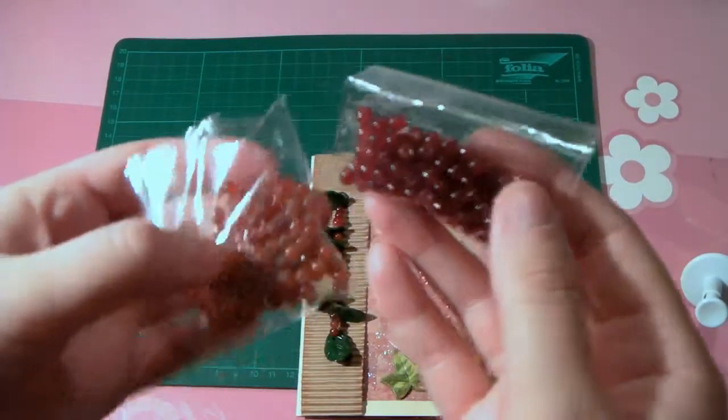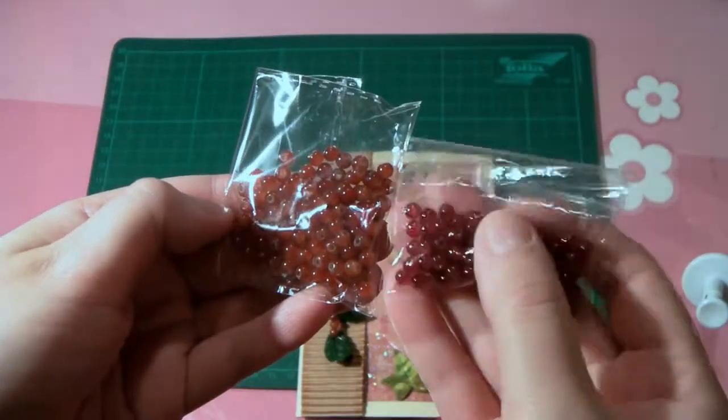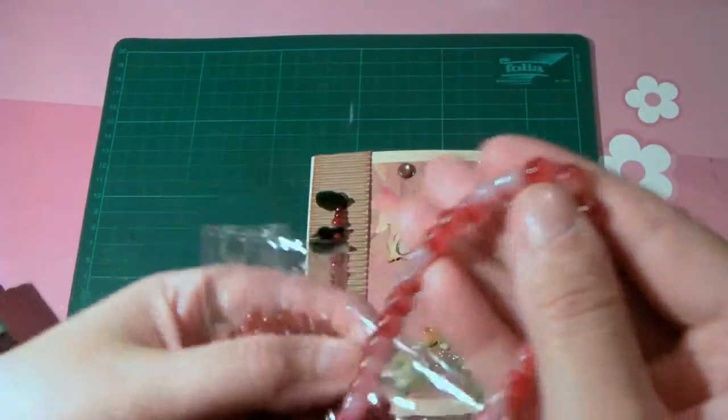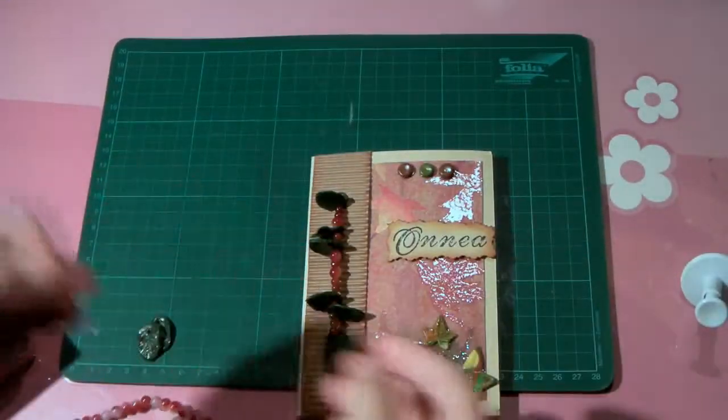They are smaller. One of them is a little bit more brownish and the other one is more reddish. So I used them as well, along with these that are super red and super white, and just threaded them on top of this thread. So these are supposed to be like lingonberry